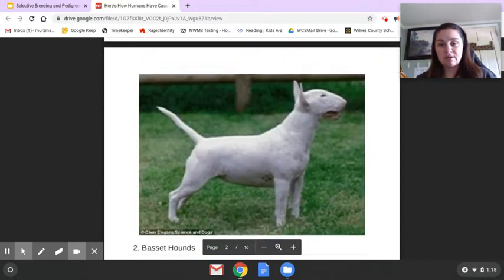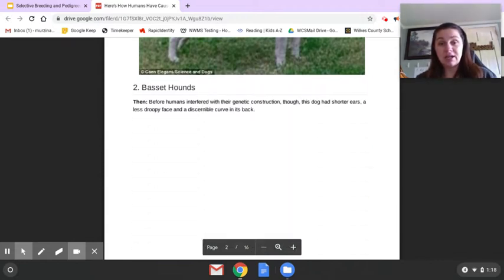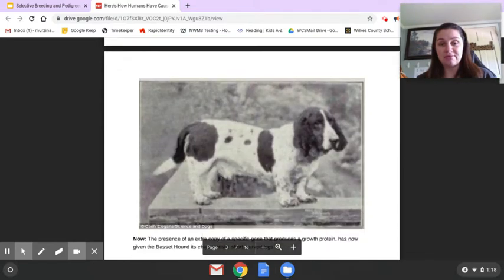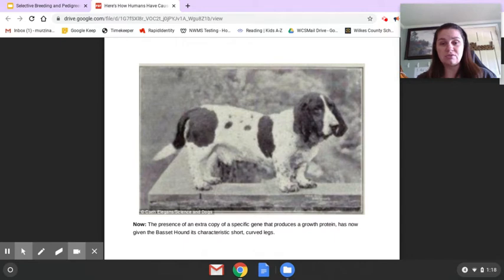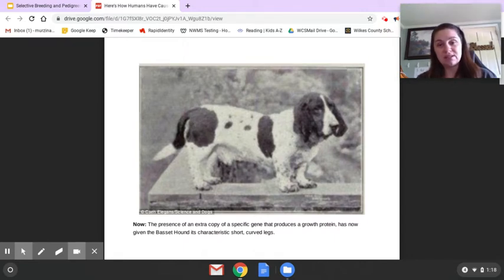Okay. And here's Basset Hounds. Now I have a Basset Hound, and he is that very typical looking Basset Hound. This is one back in the 1800s. This is what Basset Hounds looked like back then. Now, some of you may say, oh, well, that kind of looks like Basset Hounds, but Basset Hounds have changed